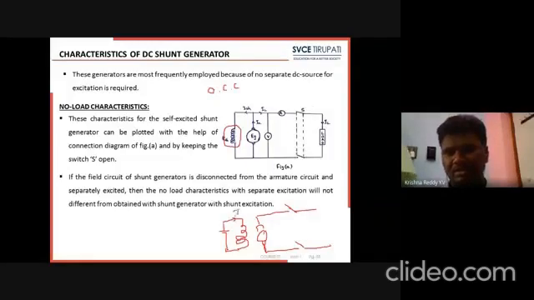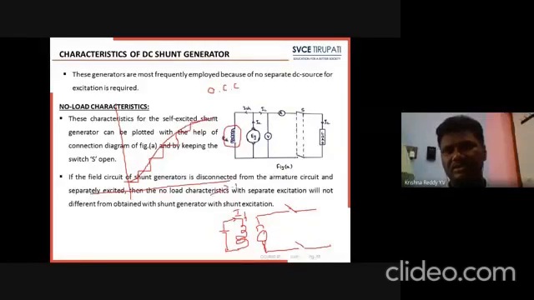When you are given the rated voltage, we get a small amount of flux. That is residual flux. With the residual flux, we get residual voltage. This residual voltage produces a small field current, and this field current produces some flux. This flux is added to the residual flux, and as the field current keeps increasing, the voltage increases. Like this, it is a cumulative process until it reaches the rated voltage.